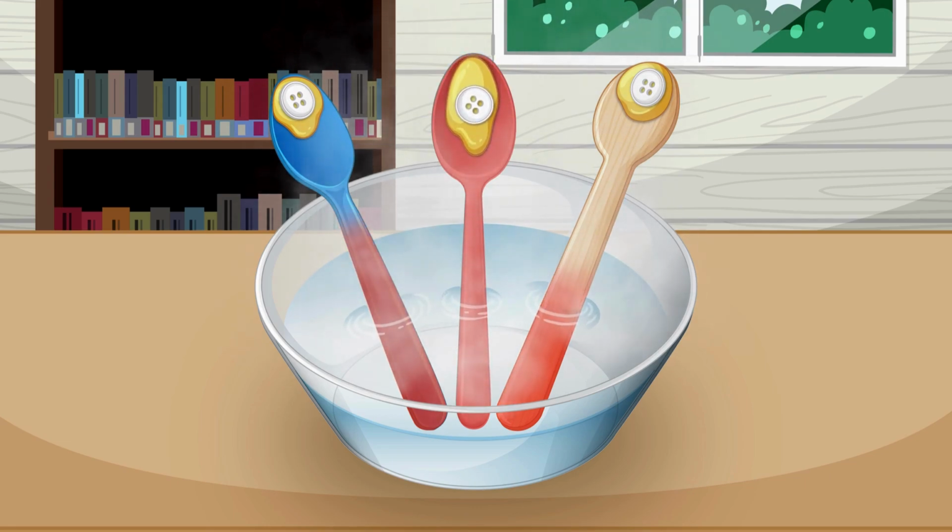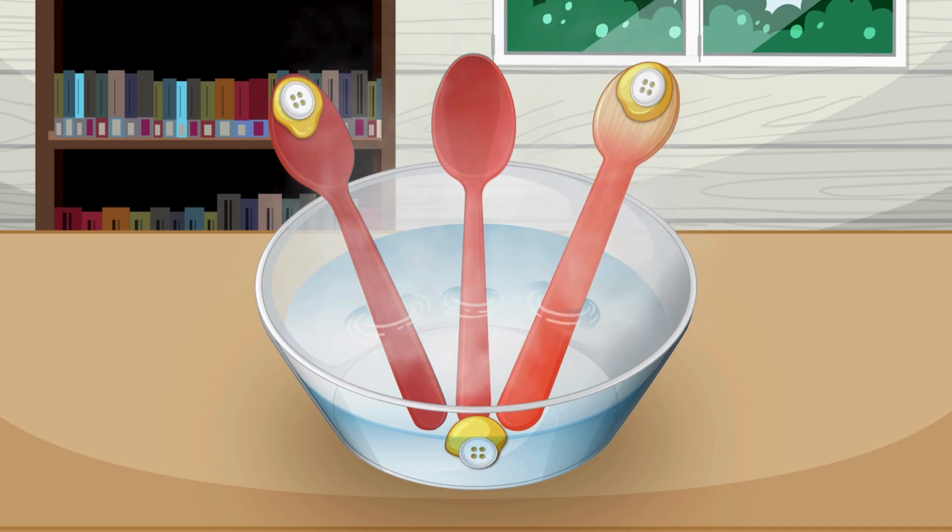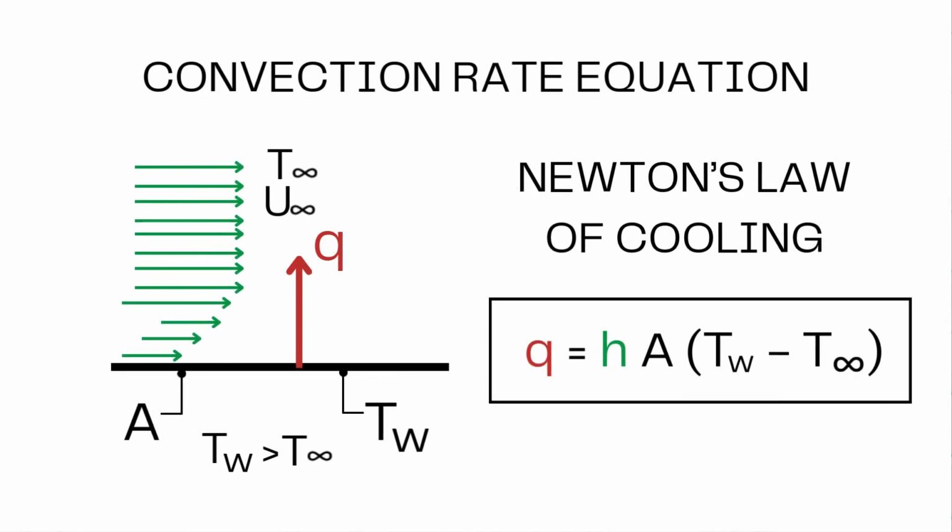It helps us understand how quickly an object will cool down or heat up when exposed to a fluid, whether it's air, water, or any other substance. The equation states Q equals h A dT, where Q represents the rate of heat transfer, h is the convective heat transfer coefficient, A is the surface area involved in the heat exchange, and dT is the temperature difference between the